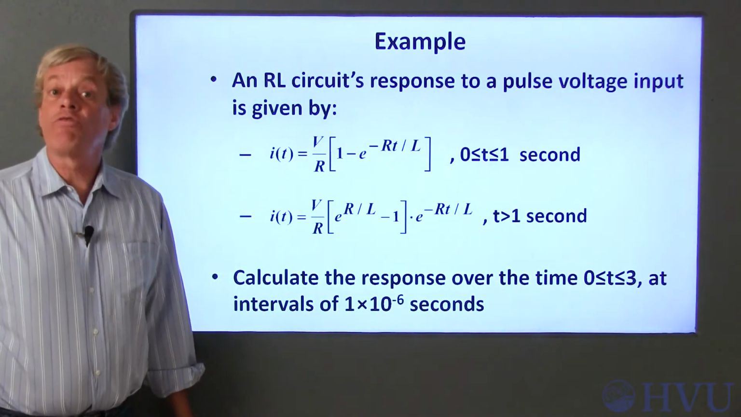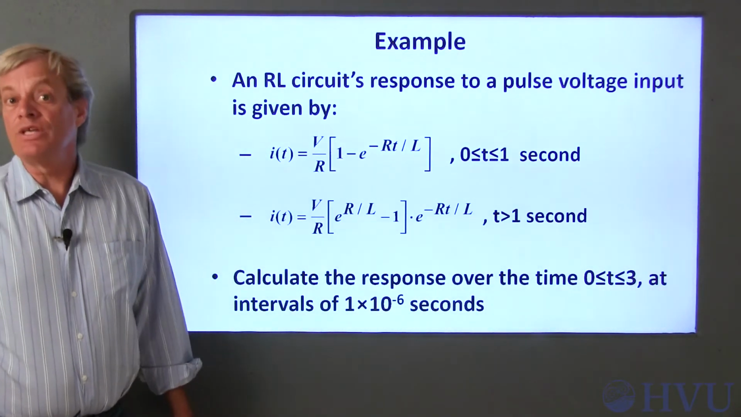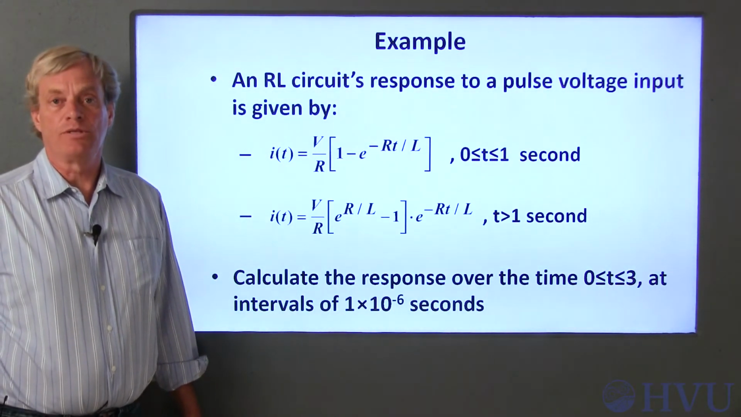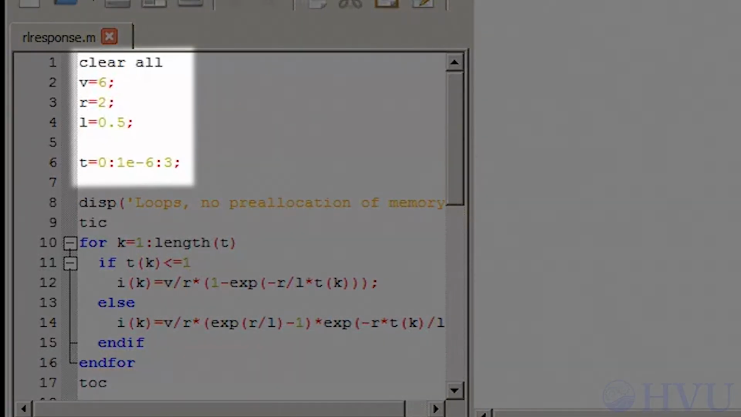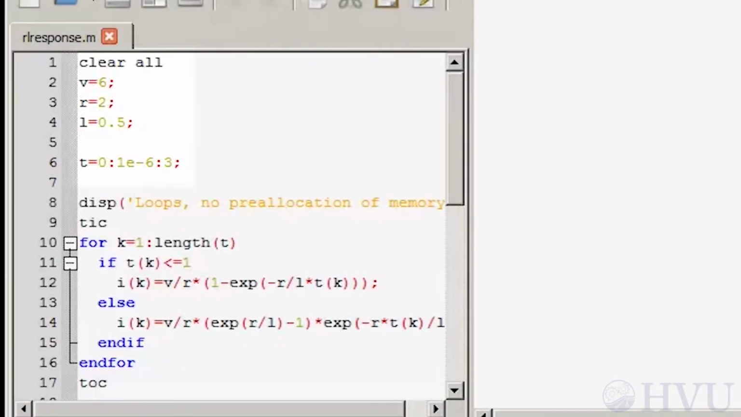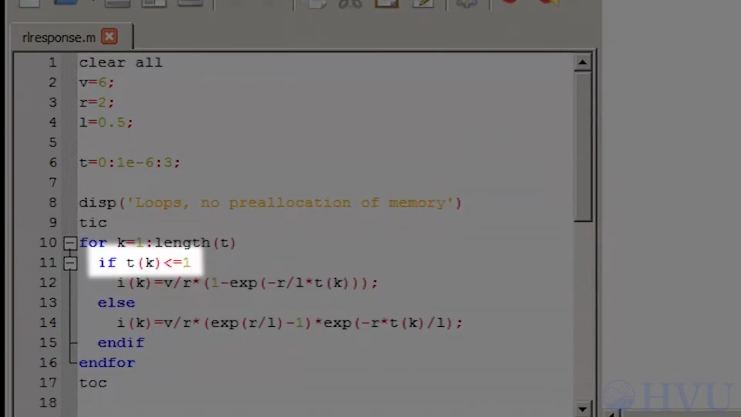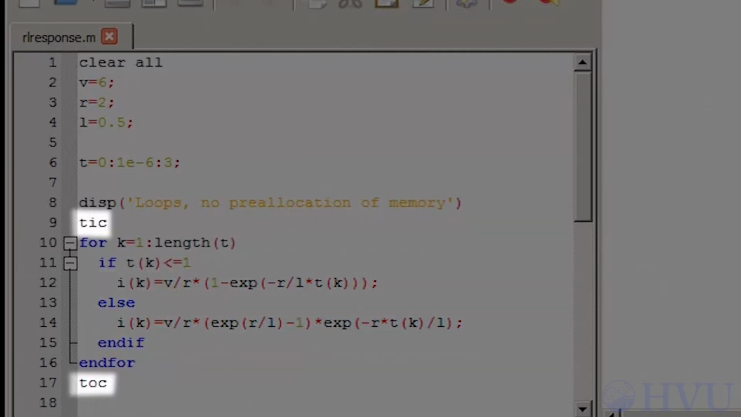I'm going to end up calculating 3 million values for current. In the demo for this example, I'll use both looping structures and array operators to evaluate these equations and compare the time required for each approach. First, I set all the constants and a vector containing the times. The first approach I use to calculate the current in this file is to just loop through the time values, check whether the time is less than or greater than 1, and evaluate the appropriate current equation for the appropriate time. I've bracketed the set of code with the tic and toc commands, so Octave will display the time elapsed